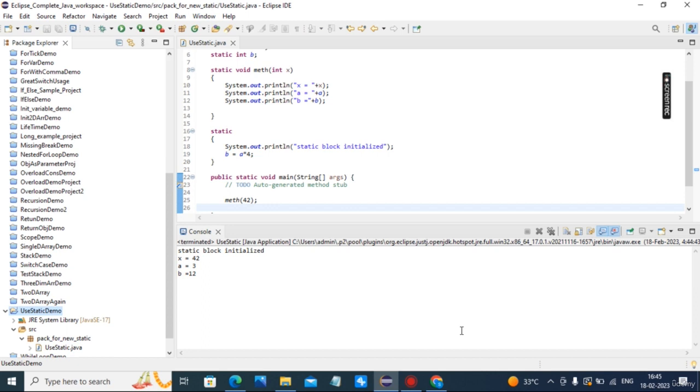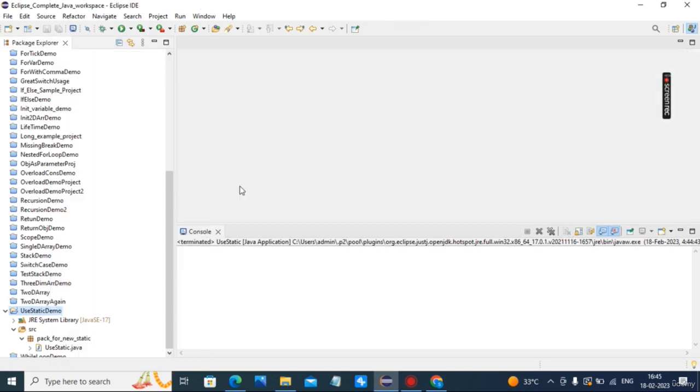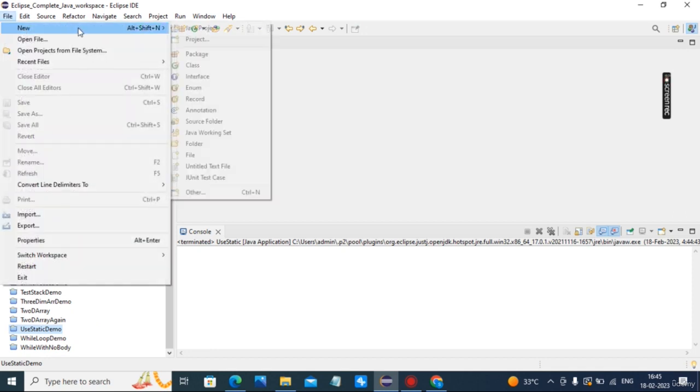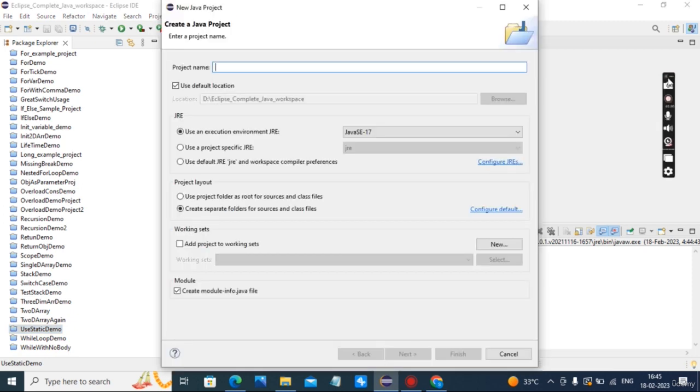Now we will see the example where you can call the static members in a separate class in which they are not declared, by use of class name dot method name, class name dot variable name. For that we will see one more example of static. Close this, new static by name.